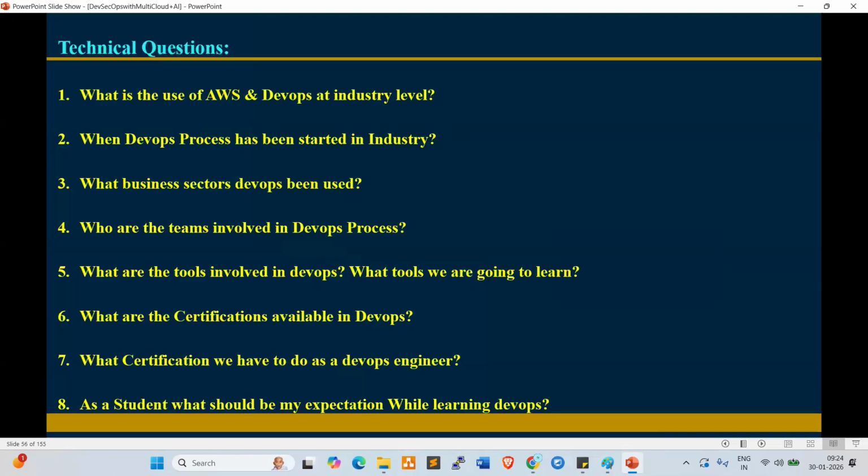Every tool will go very deep dive, with in-depth concepts, real-time concepts, real-time challenges, and real-time scenarios. I explain all these concepts. Whatever activities you perform in real-time projects, the same activities you can perform in our classes.